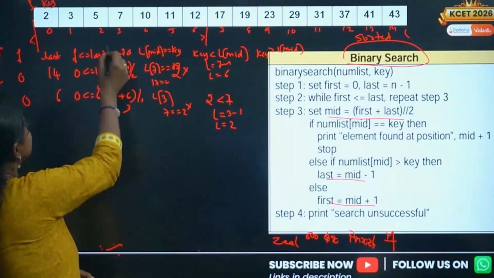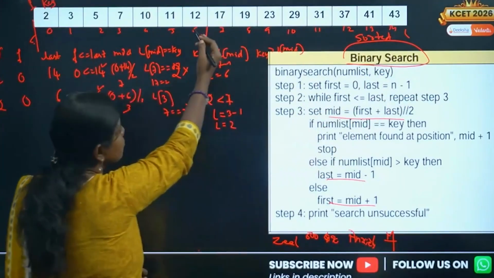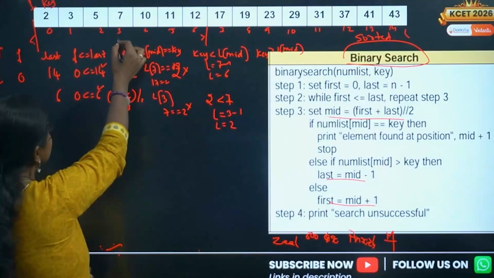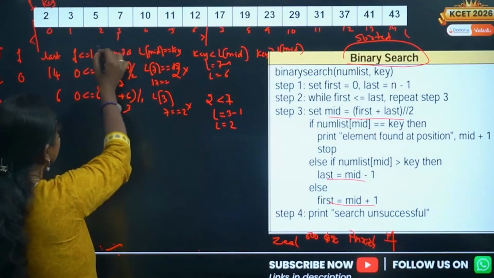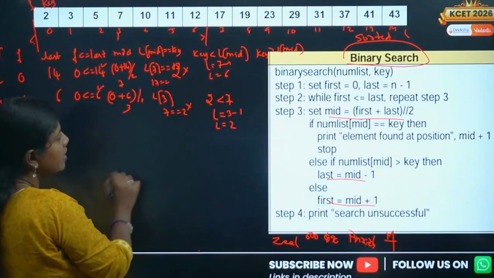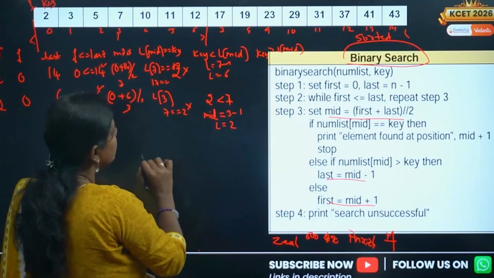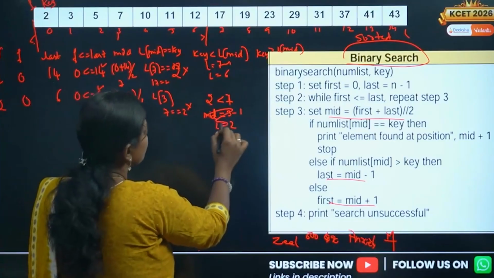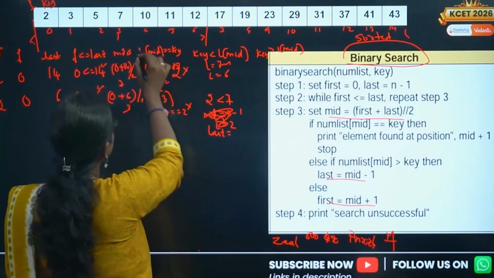Then I was searching from here to here, then I shifted to this. Okay, this is my mid now. Mid is equal to what? Okay, I think I made a mistake. One minute.